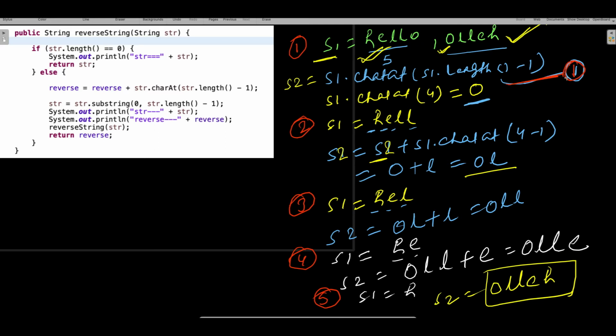So now, guys, think about what you should do to achieve these five strings. Just think a little bit, take 10 seconds.